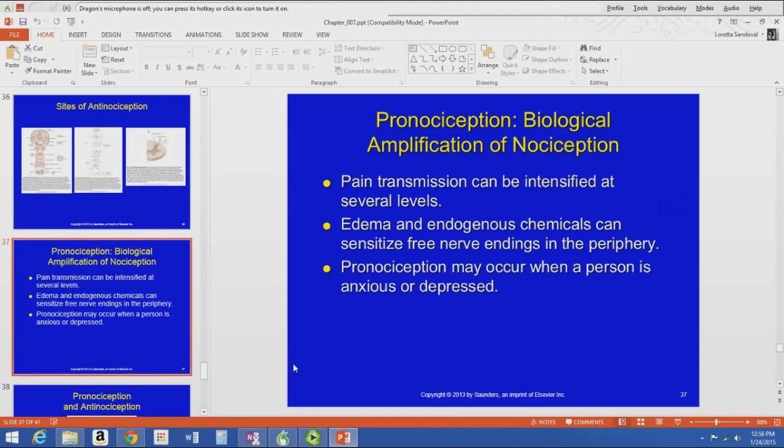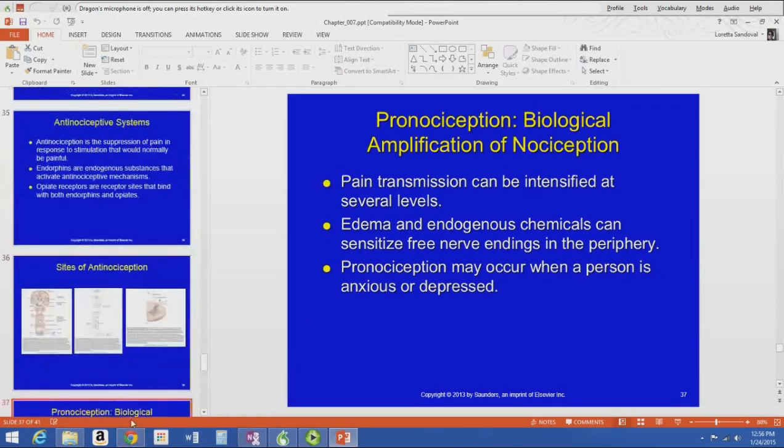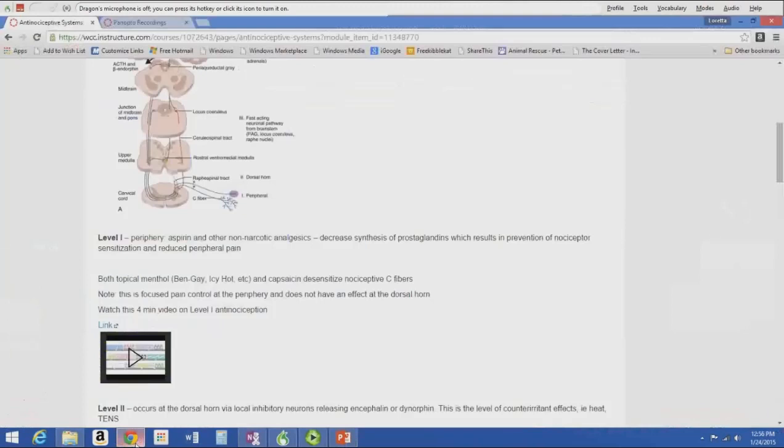And we're not going to talk about pronociception quite yet. Yep, that's where we're going to. Okay, so before we talk about pronociception, we're going to talk about the different levels